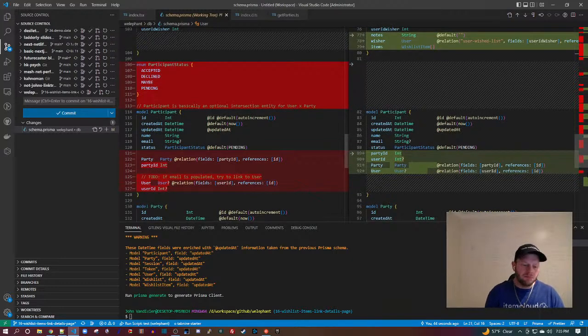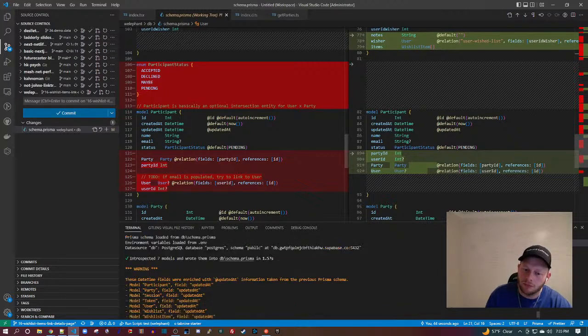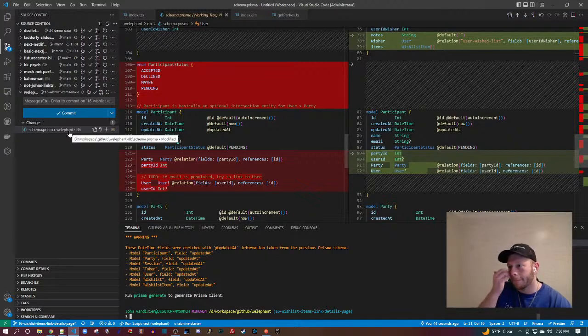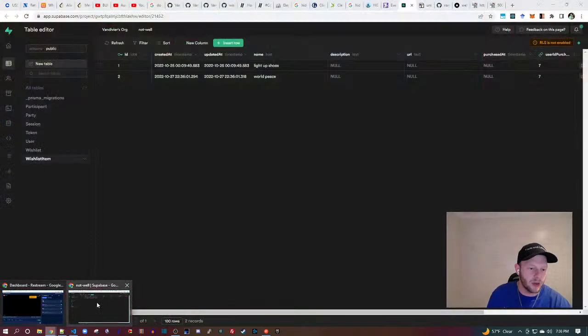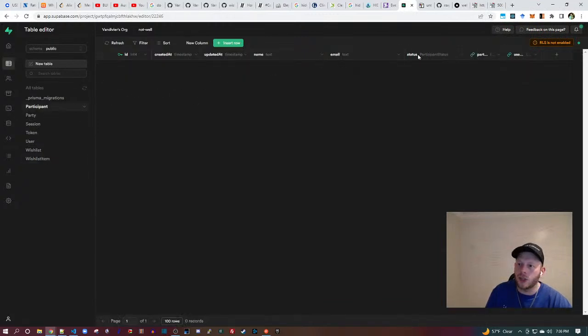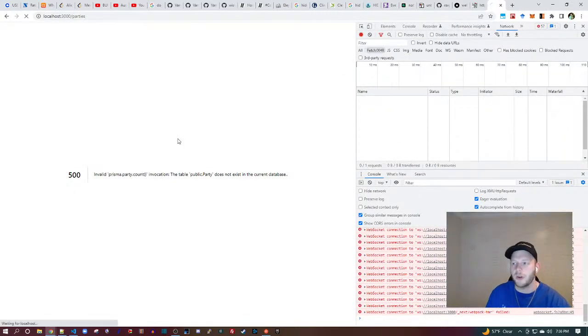Okay, so, this looks fine to me. Warning, datetime fields were enriched with updated at information. I think that's fine, right? All of this looks fine to me. So we're going to continue. I'm not going to commit it yet because nothing changed, so I really don't need to. What I want to do is create a participant and make sure that the participant status has the default value set as I expect.